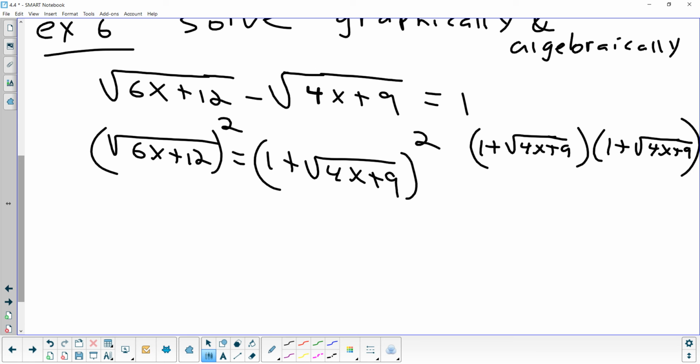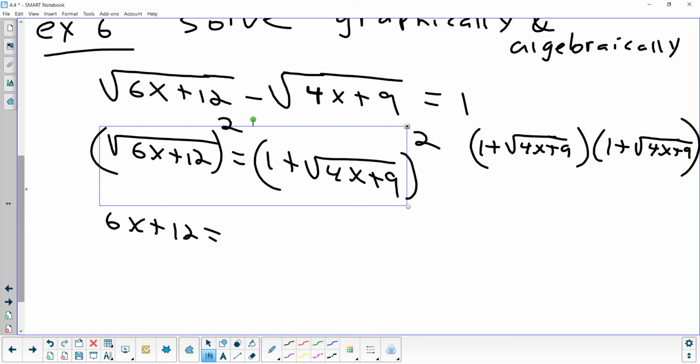You have to FOIL that, okay? Left side is easy. Now, we're doing the right side, and do not FOIL, do not square the individual terms. That's not what you're doing. You're squaring the side. So, 1 times 1 gives me